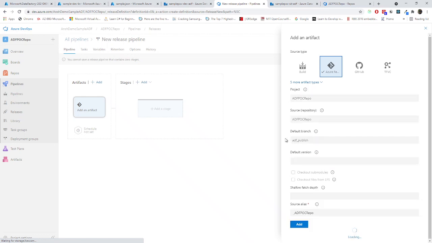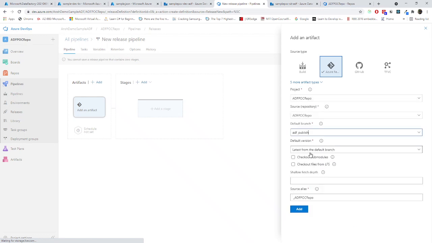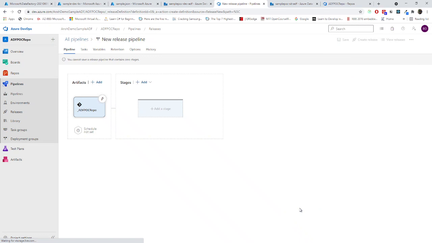Now I'm choosing ADF publish branch. Now default version, I have taken just the latest, that's fine. Now shallow fetch depth we don't need. Source alias, yeah, that looks good. ADF POC repo, you can choose anything over here so that it will reflect it here. Now I'm just adding it, and this is pointing to the alias ADF POC repo. Now the artifact has already been created.